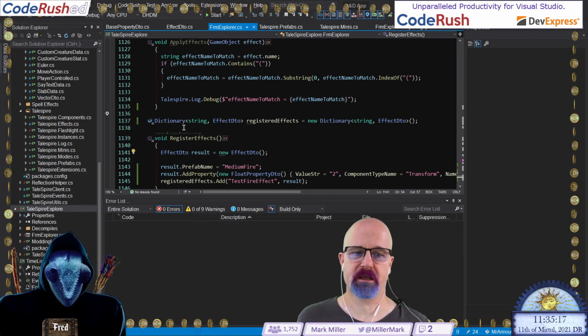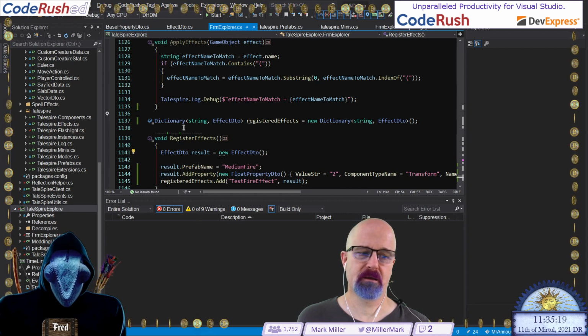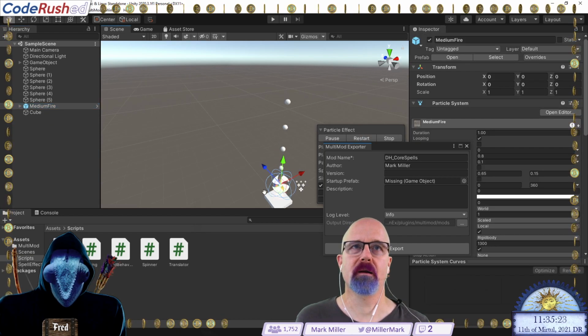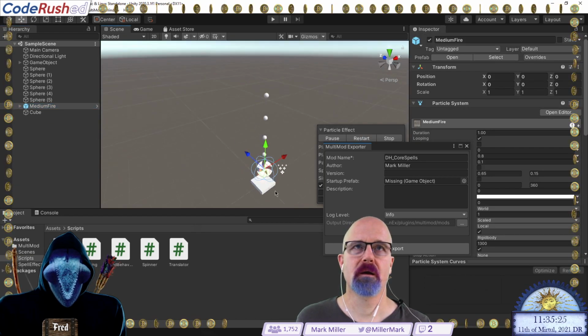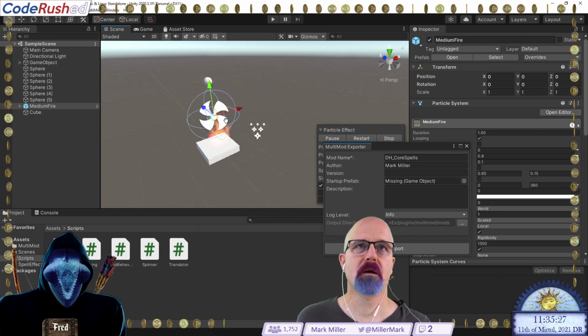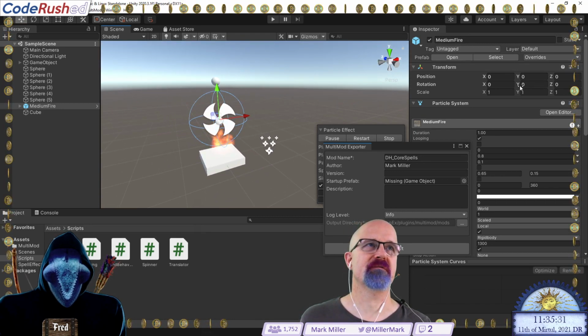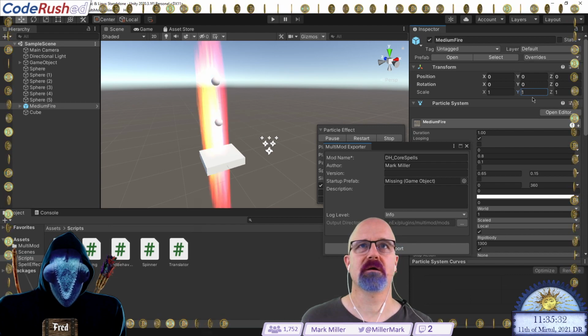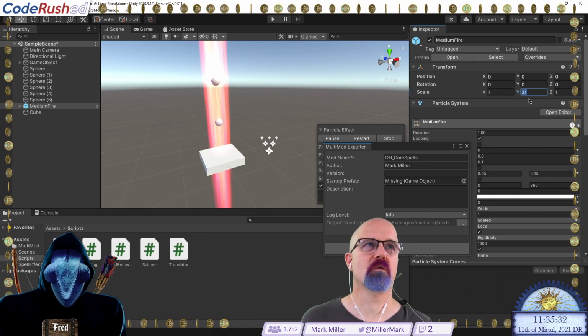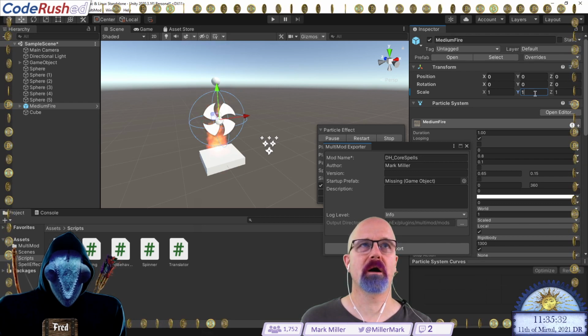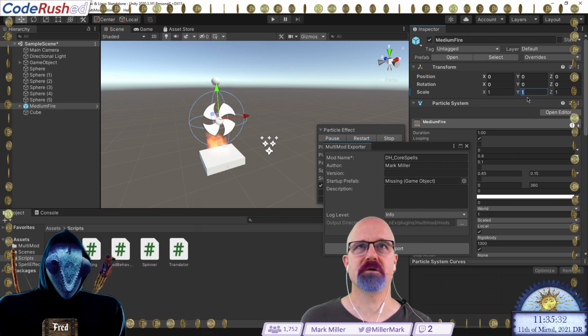I wanted to check in here. Got our medium fire out there. All right, there it is right there. So the question is, if I change the scale, it will work. So it will be taller from a 1 to a 2.